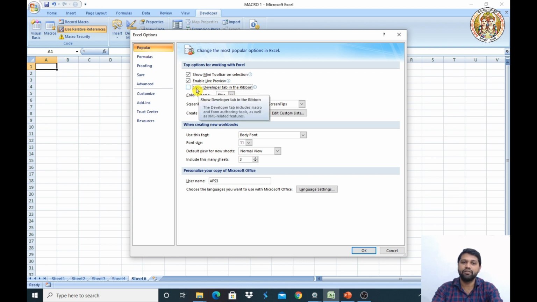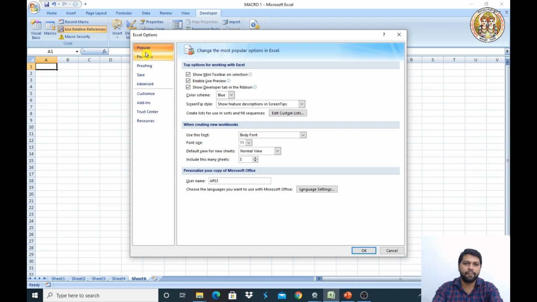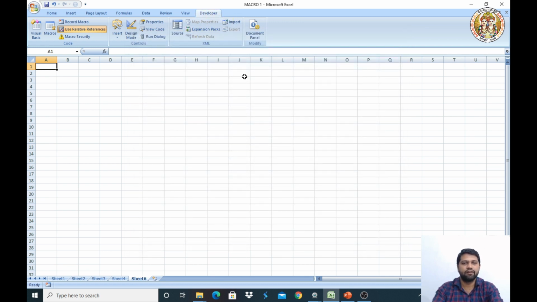It is disabled; you need to enable it, check it, then it will display. If you are using Office 2010-19, it will be available in Customize Ribbon. Here we need to check that, click on OK. So the Developer option we got here.